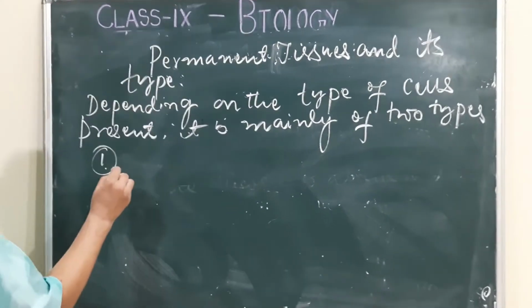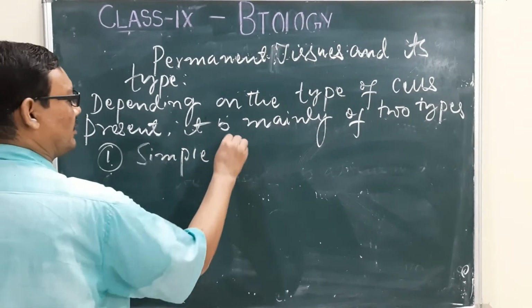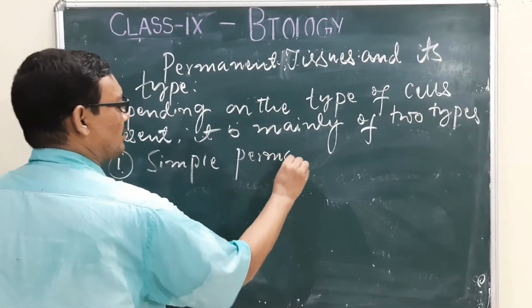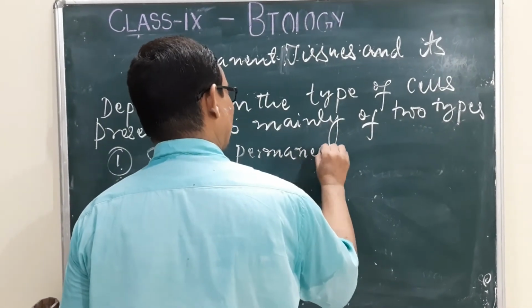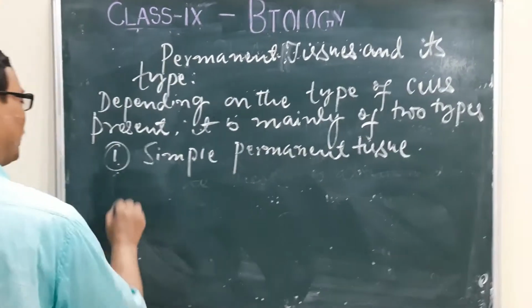Number 1, simple permanent tissue, and number 2,